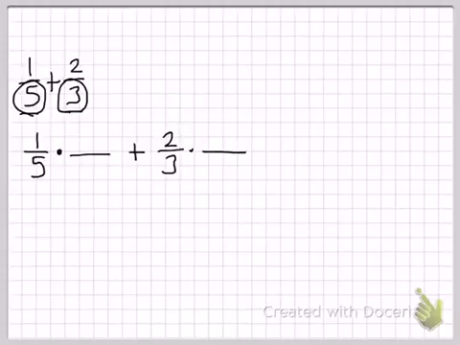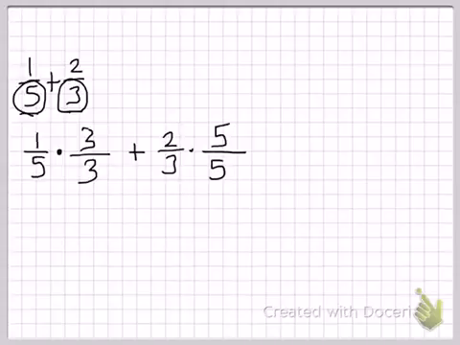So in this case, it looks like if I choose 3/3 for my first giant 1, I'm going to get a 15 in my denominator. And if I choose a 5/5 for my second giant 1, I'm going to also get a 15 in the